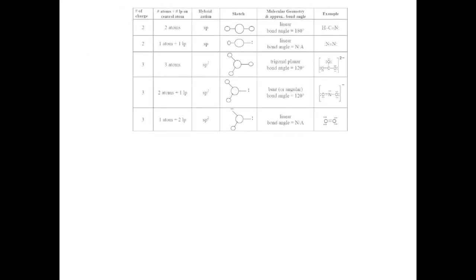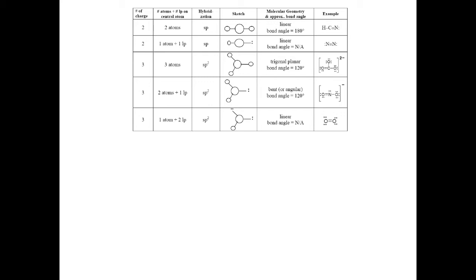Okay, next I am going to show some simple charts. Those are very important, very crucial, although those things are very basic, I am going fast through them. If Z equals 2, then it can have two possibilities. It may have two atoms, or one atom and one lone pair. If there are two atoms, then that will be linear, and if there is one atom and one lone pair, that will also be linear, but bond angle is not applicable.